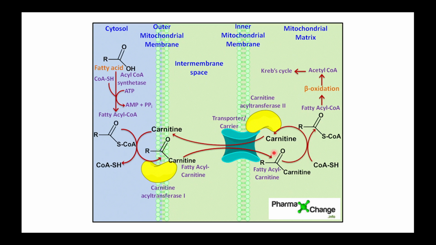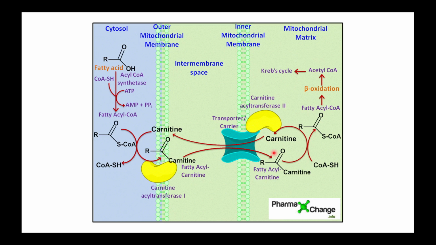Here, this fatty acyl carnitine is again converted back to fatty acyl coenzyme A, and carnitine is released by the enzyme carnitine acyl transferase 2. So carnitine acyl transferase 1 was converting carnitine into fatty acyl carnitine. Carnitine acyl transferase 2 is converting fatty acyl carnitine to carnitine. Okay. Now this carnitine, the free carnitine, will be transported back to the outer membrane because we need to carry